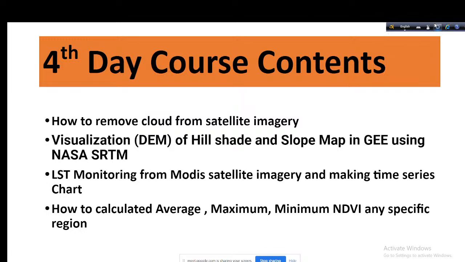We also discuss land surface temperature monitoring from MODIS satellite imagery, and also make the time series chart. In the previous class we discussed land surface temperature monitoring using the Landsat imagery, and in today's class we discuss land surface temperature monitoring using the MODIS satellite imagery,